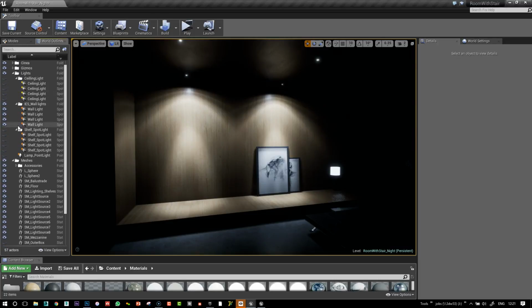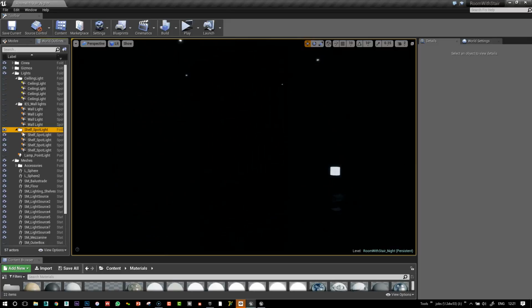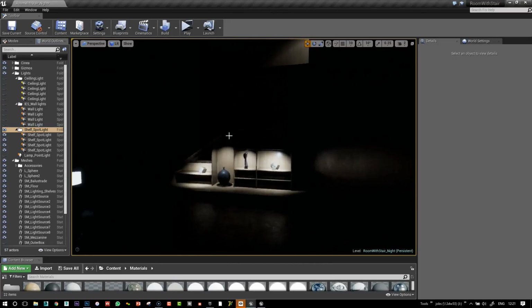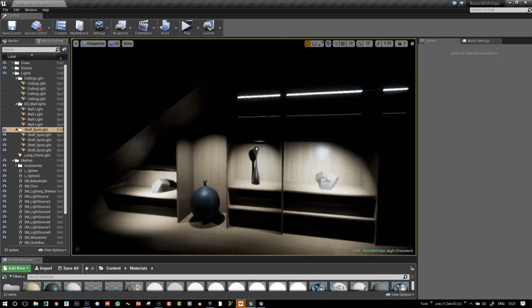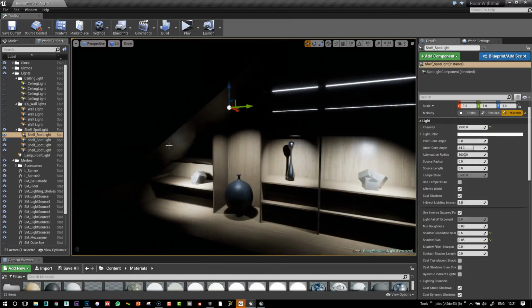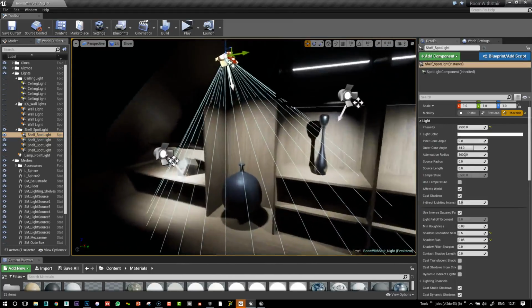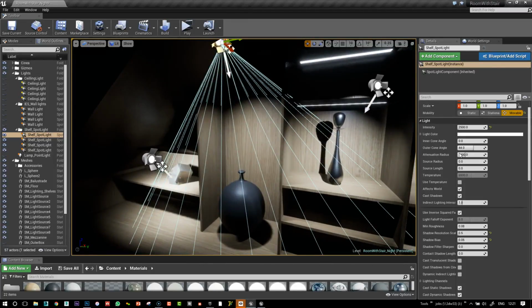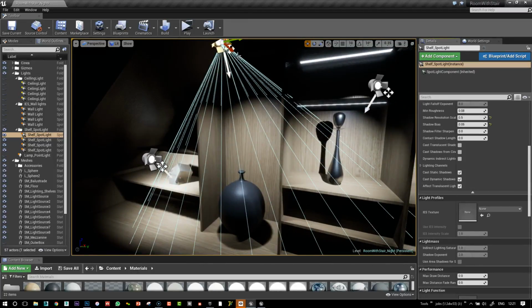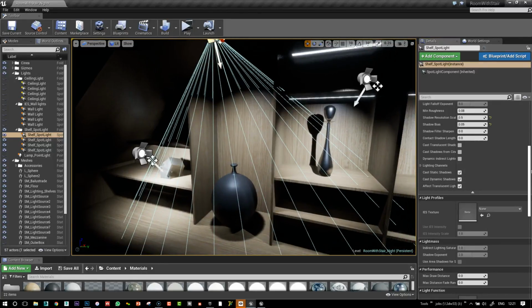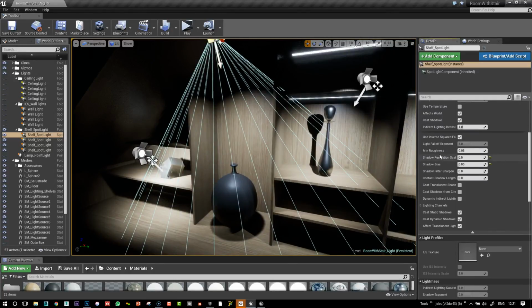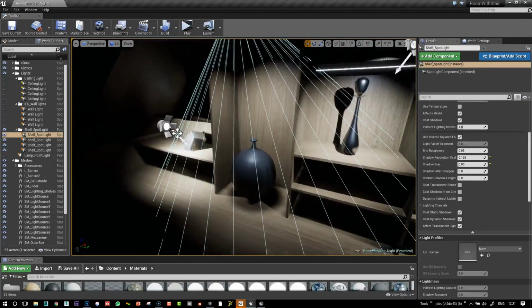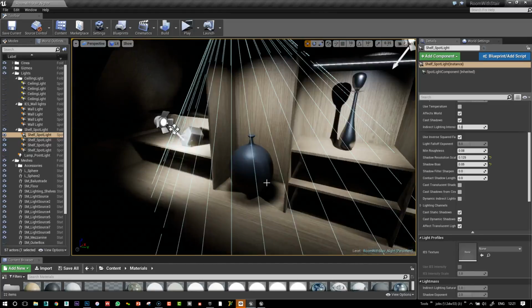So being close to the wall, it's always a good idea to have the IES pattern here on the wall. Okay, now for the shelf ones, I'm going to go a little bit closer, because here we have an issue which I discovered while playing with these, where the standard spotlight shadows are very harsh. So I played with my shadow resolution scale here to get this slightly softer look that I wanted for these